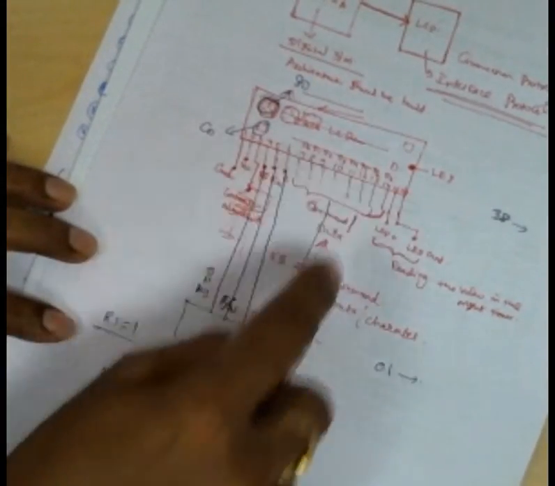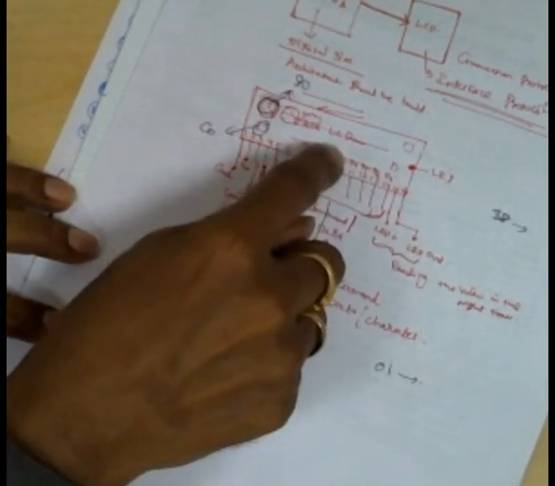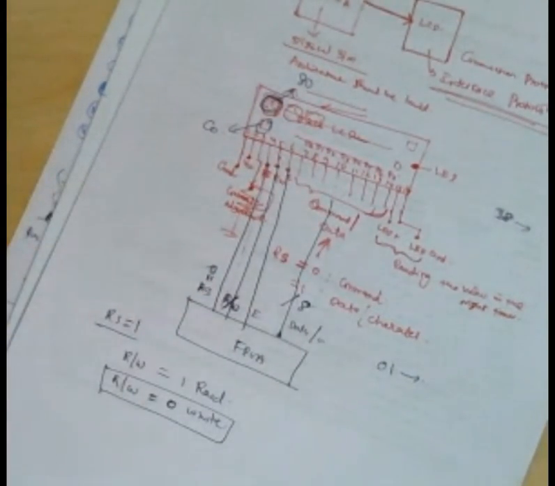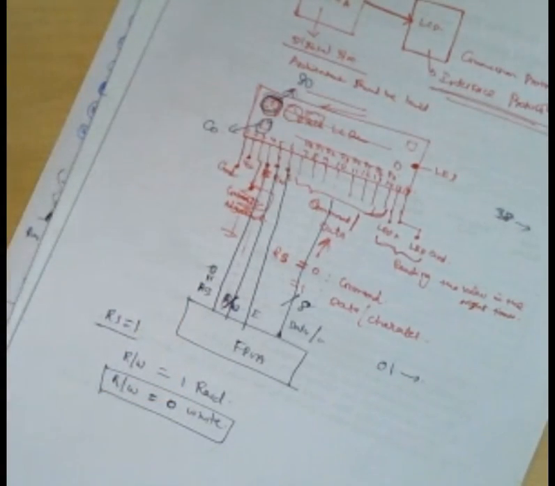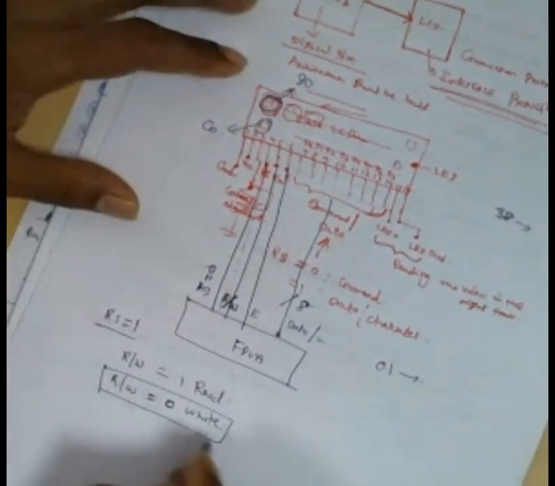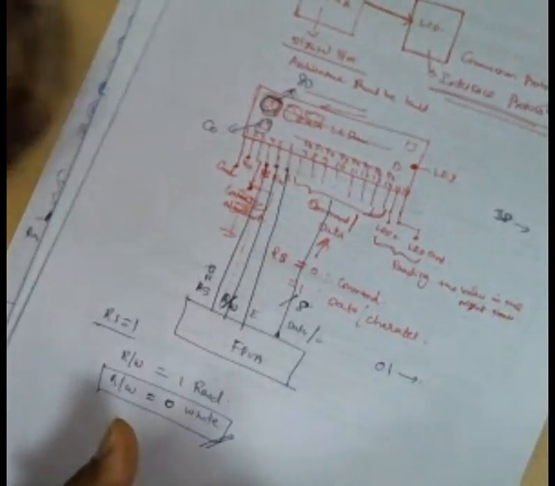I will write a command, or I will write the data from the FPGA into the LCD. That means I am going to keep my LCD only in the writing mode. I am going to send the data into the LCD, so the LCD will receive it and perform the command action or display action. That's all. I am not going to ask the LCD to give me something. For that case, I should put the LCD in the reading mode, right? So now you assume it is 0 only.